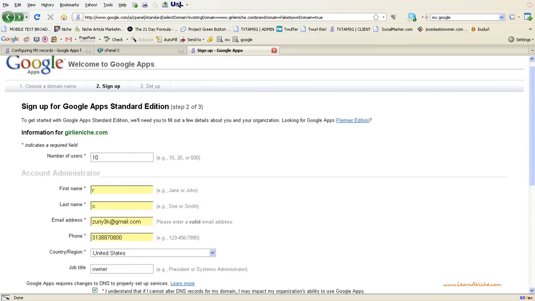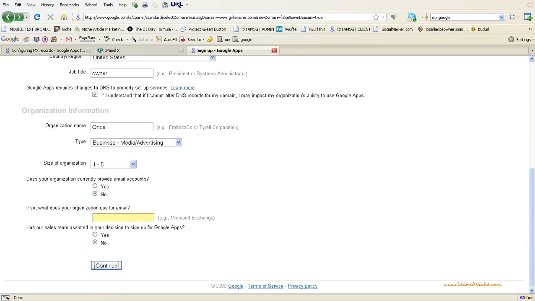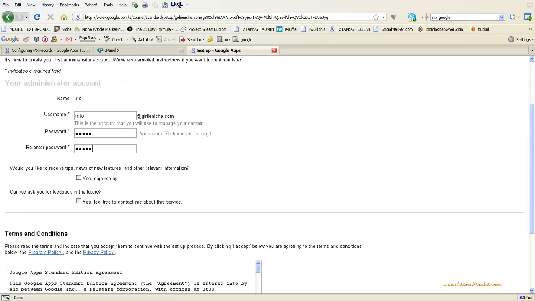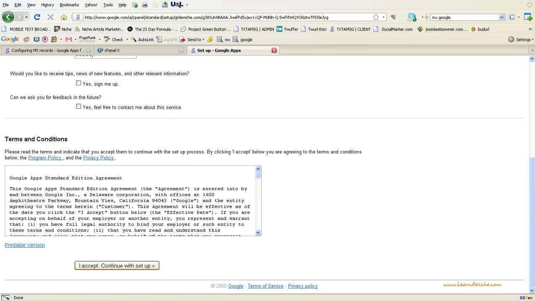Okay folks, so we're all set here. We got this information filled in, and you hit continue. It's going to take you over to another page where you can now set up your password for your email account. This will be your administrative password to get you inside to create other emails and to do what's necessary with your account. So basically, we're going to go in, make this email password, and then ask you if you want to sign up for the tips and newspaper and all that great stuff. I usually don't sign up for that, and you just click accept,